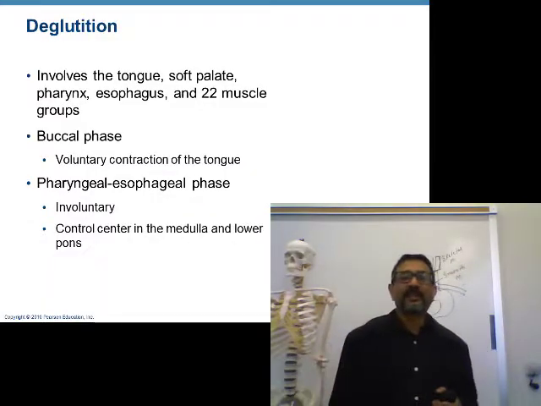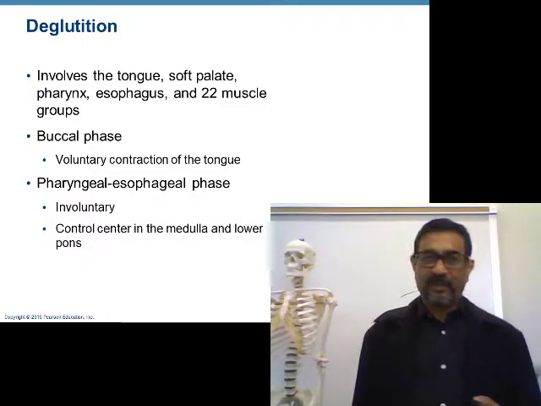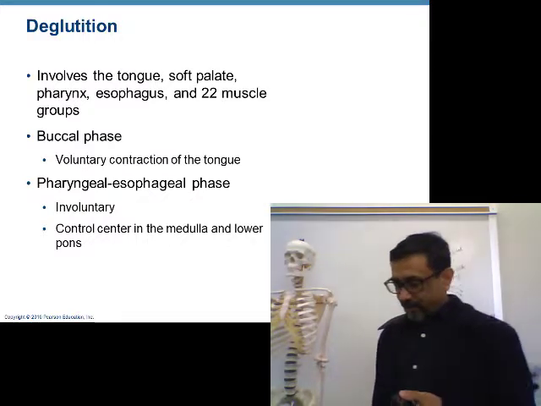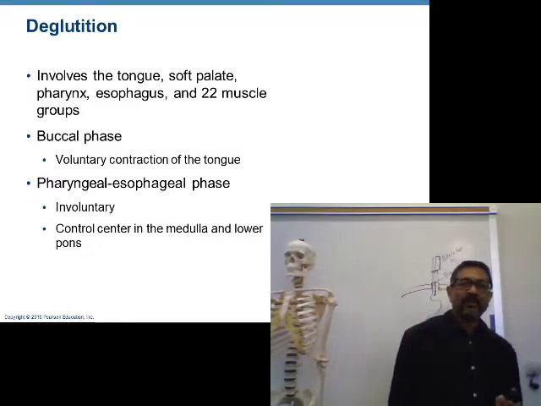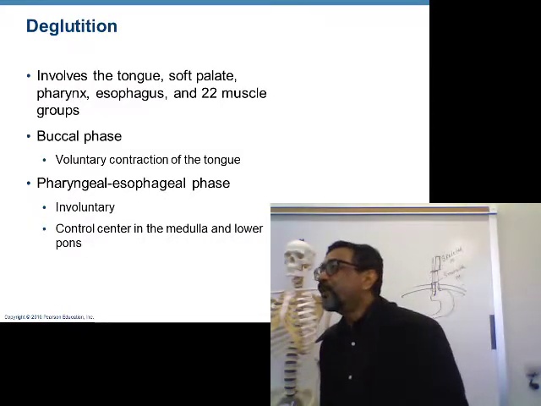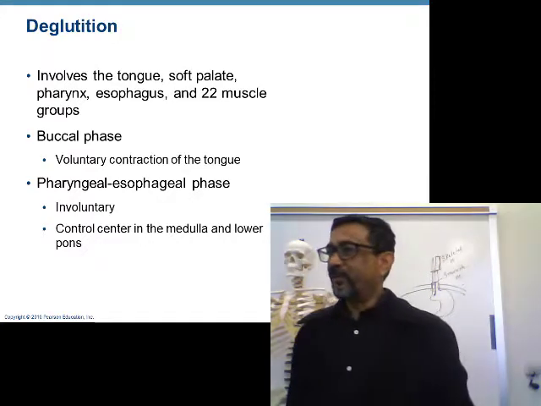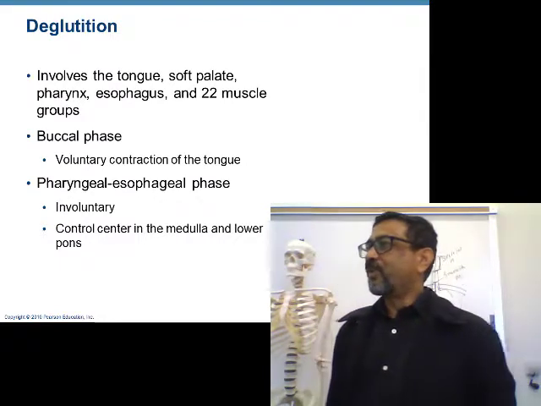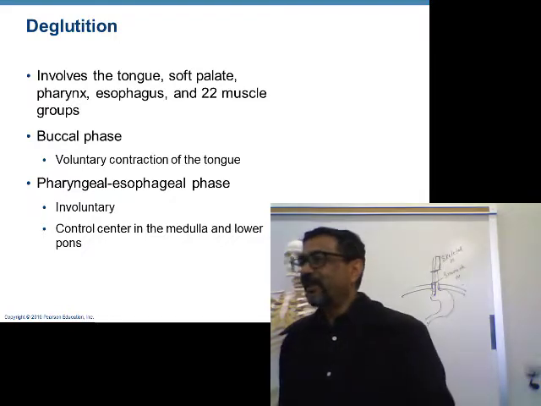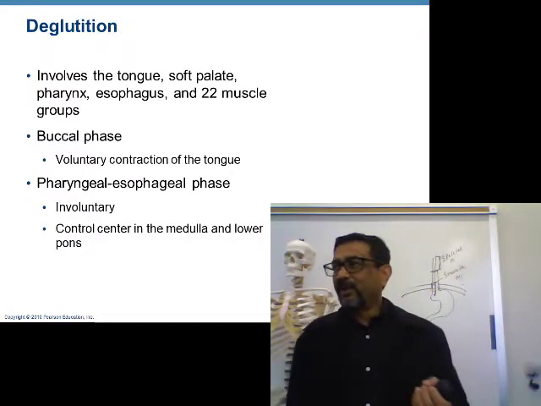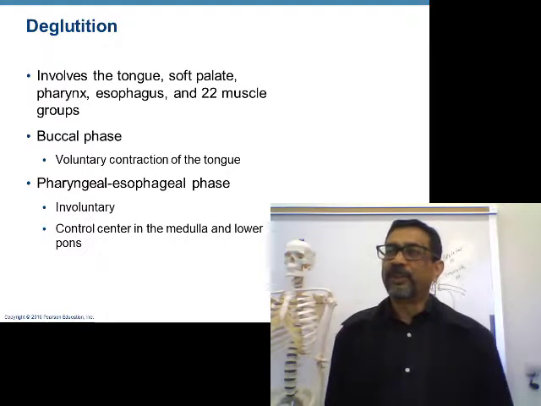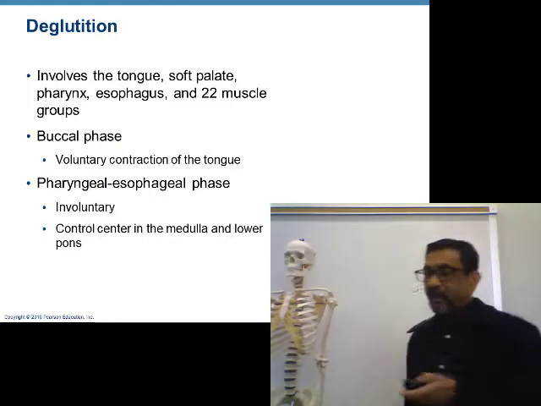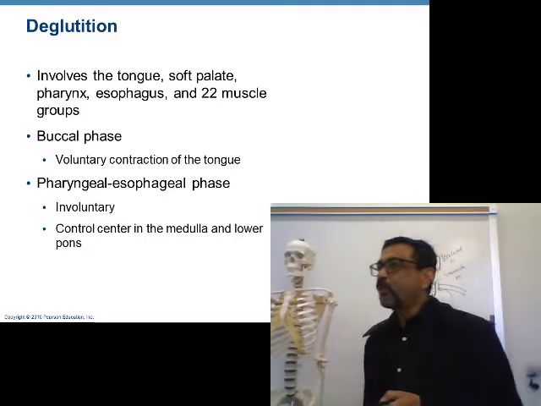Deglutition. Deglutition is also called swallowing. Same thing, swallowing of the food bolus. After you make the food bolus inside the mouth, you use the tongue to push the food backwards towards the pharynx, and that is the starting of swallowing or deglutition. The entire swallowing or deglutition has 2 phases: